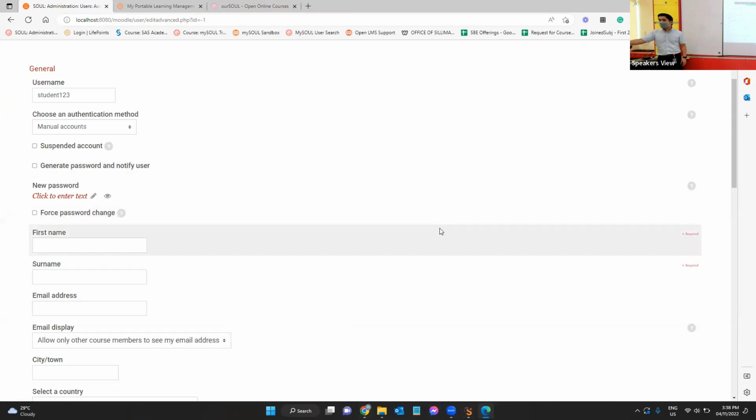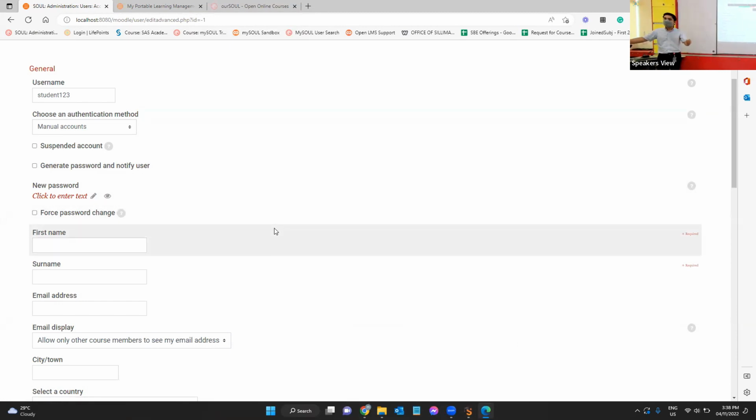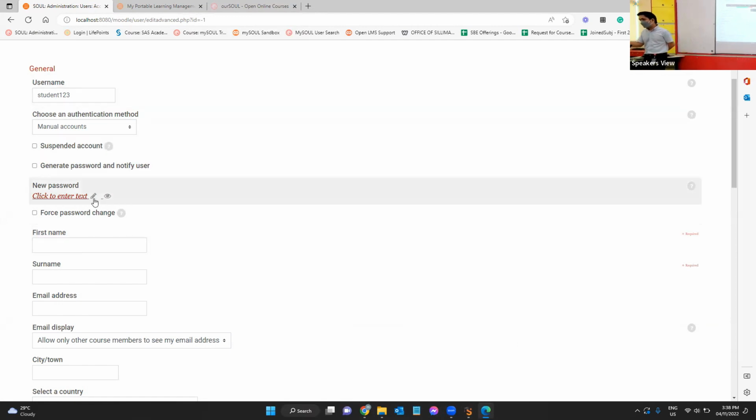password for your students. Because remember, you are the admin of your PLMS instance. So you are the one to create the username. You will be the one to create the password. These are the default username and password. Students can actually change their accounts after giving the instance to them. Okay? So this is the username, student123, the password